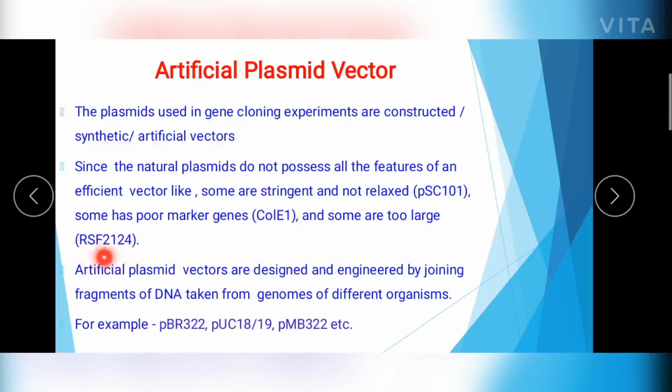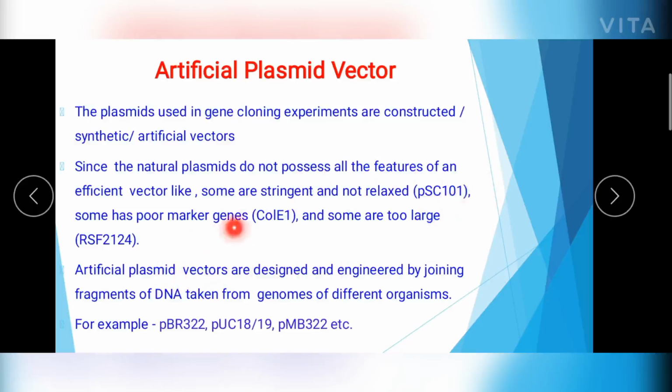And if you take RSF2124, the natural plasmid, it is too large in size. So it becomes very difficult to handle, to insert the gene or to recover the particular gene. So if the plasmid genome size is large, it is difficult to handle. So like this, all the features which we have discussed for an efficient vector are not present in the natural